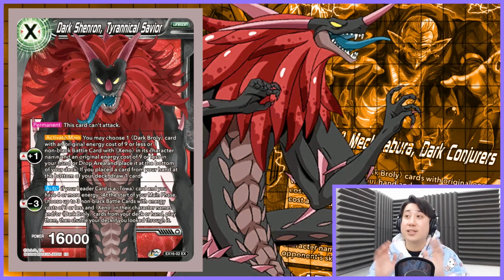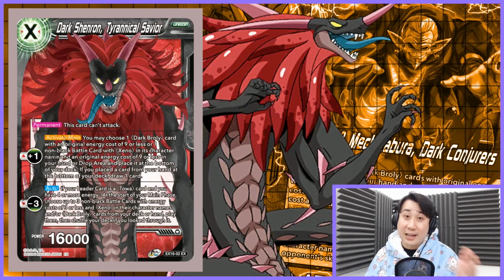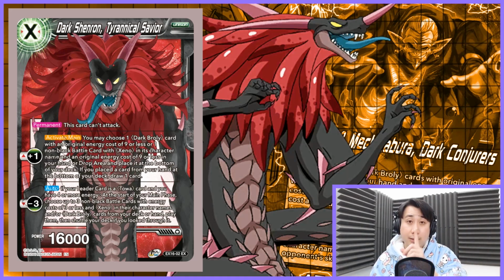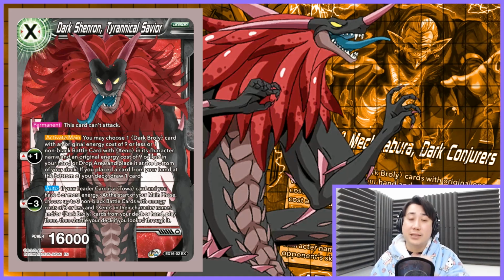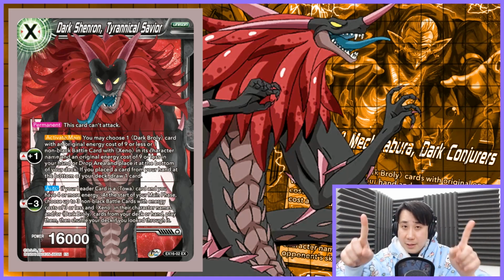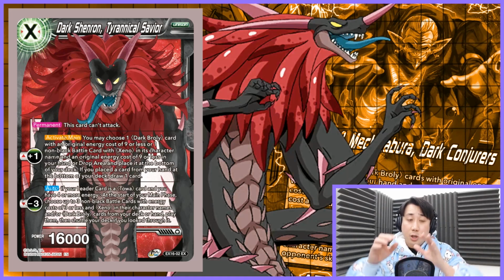He is 16k, so he is very, very difficult to take care of. Your opponent's leader cannot even hit him. Anything that's 15k, like in the early game, cannot hit him. However, if you have 4 or more energy, you can do a -3. Take note, this is not activate main, this is not activate battle, this is an auto. So how do you use this auto? Correct me if I'm wrong down in the comment section, but what I do is, when I have 4 or more energy,